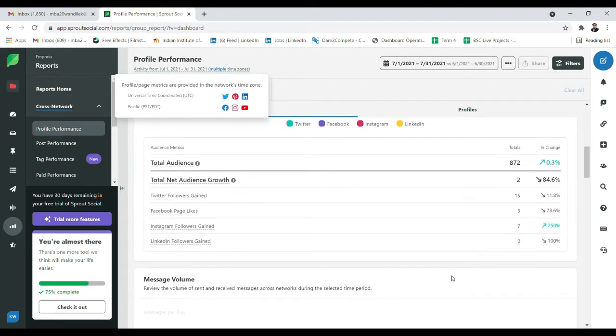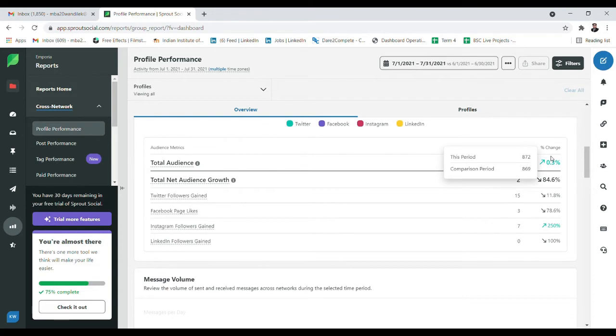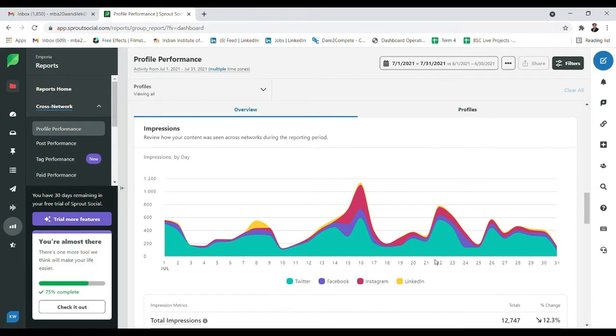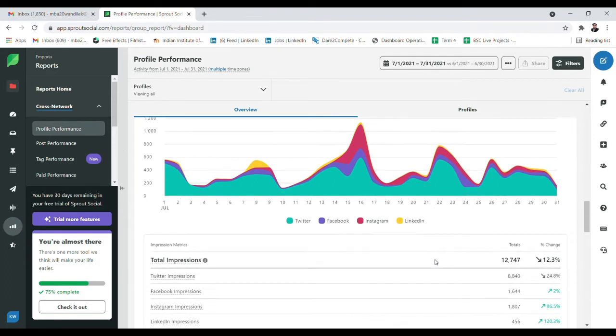Now, just below scrolling down, you will see a similar report, total audience and all this, similar to what we saw for the graph. As I already mentioned, if the arrow is upward, it means the percent change is positive, which means your performance has improved. If it is negative, it means it has decreased. Furthermore, if you scroll down, you have the report for impressions.